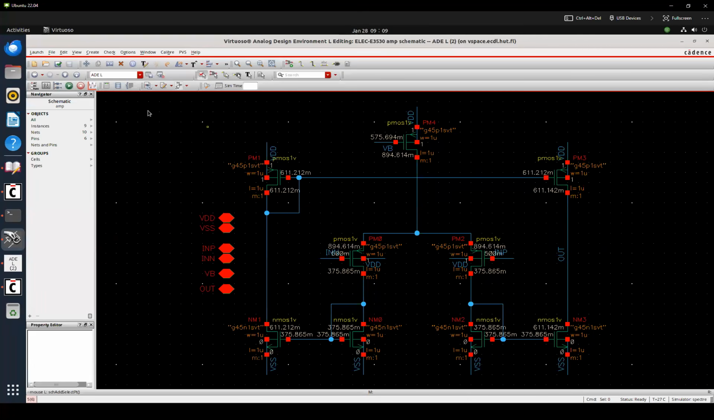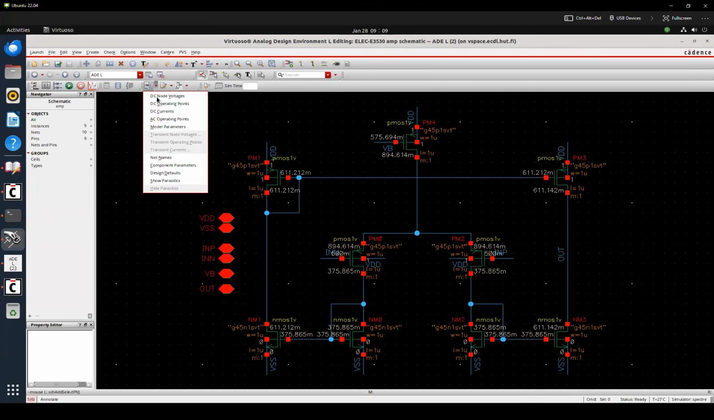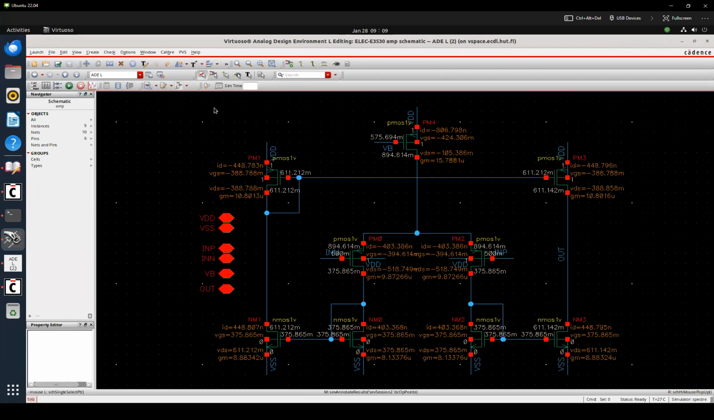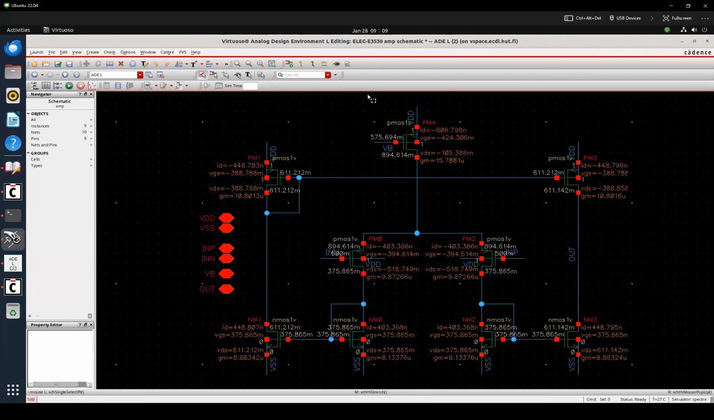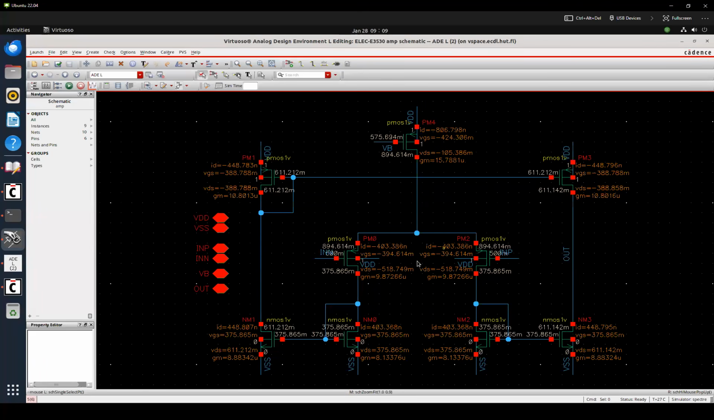Then you have these parameters. To show the DC operating points, you can use this option. Then we can see that there are DC operating points, but those are overlapping a little bit. So maybe we can make it further apart. So we can see that VDS for all transistors is secured at larger than 200 millivolt, except for this one,